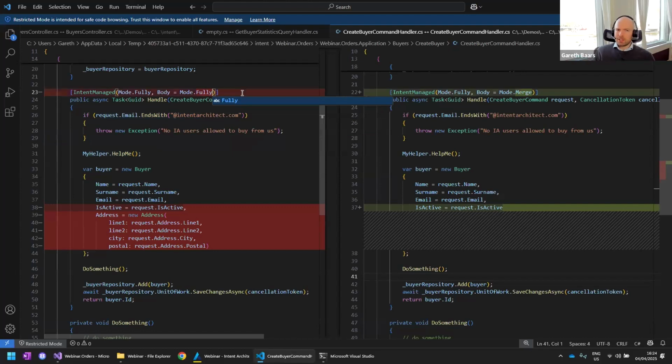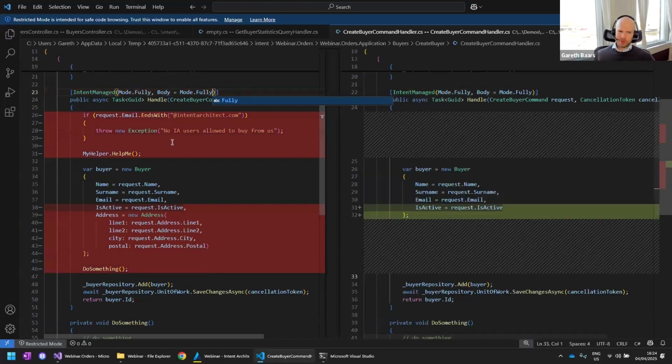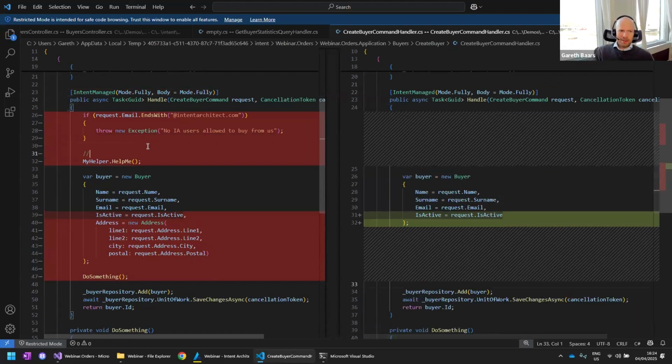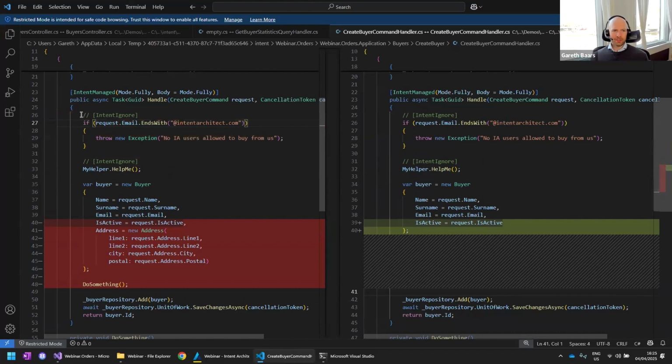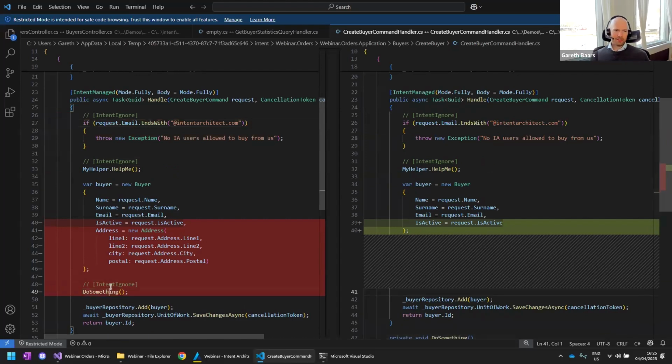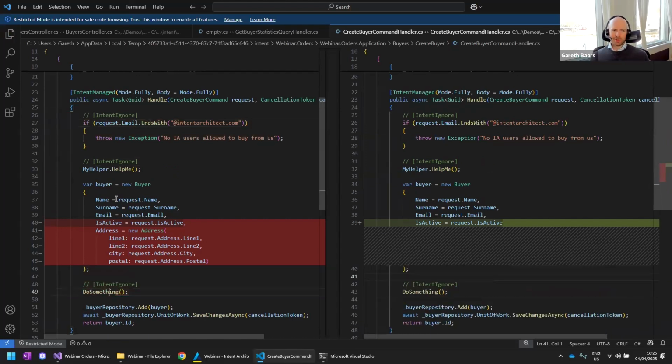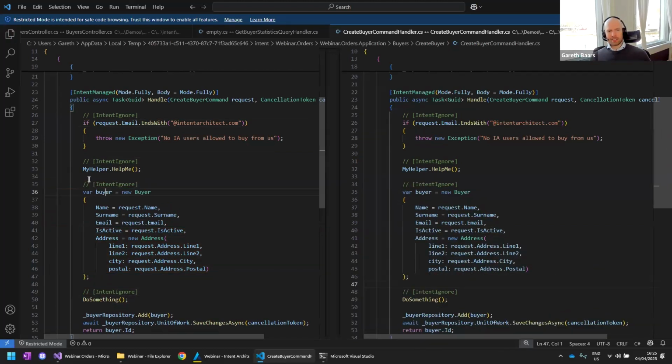The other thing, just for completion's sake, that I could show you guys here is, of course, you can also do things like this. I could switch it to fully mode, and I could just put a little comment over here. If I just wanted to intent ignore this one line of code, right? And I can apply this ignore anywhere I want. And you can see, so it'll just ignore that statement over there. Same for this one if I want, and so on and so forth. I can even ignore code that Intent Architect was managing. And so I could just take over everything over here, and I could put these individual lines of code.